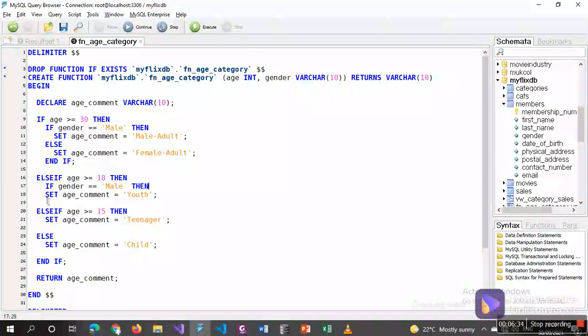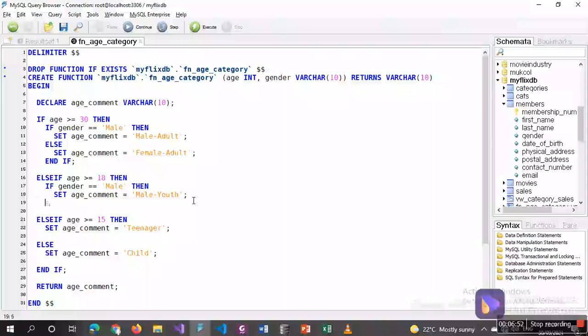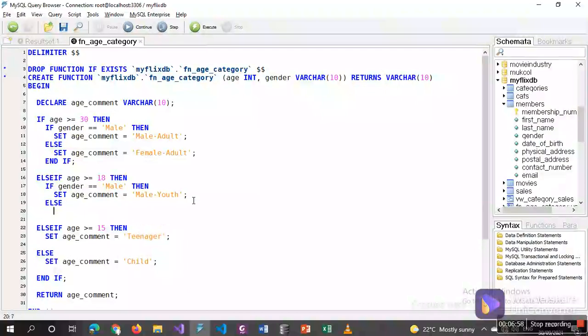then we want to indent this, to say that it's executed only when someone is male, and we just say male youth, and then using the else, you can say set age comment equals to male youth. Okay,